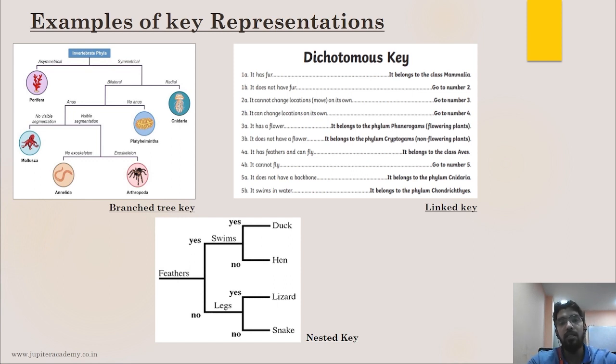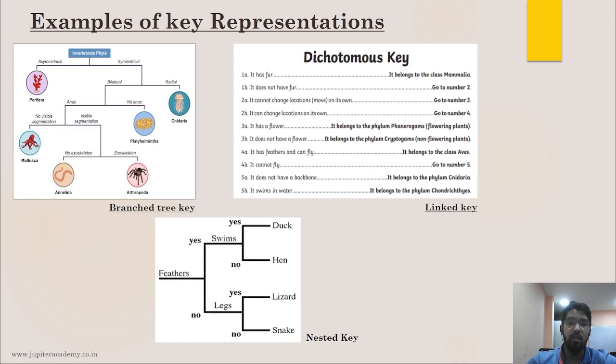The second type of key is the dichotomous key, under which there is a type called the linked key. The linked key is a type of bracketed key. Here the pair of contrasting characters is numbered as 1a and 1b. It either has fur or does not have fur. If it has fur, then it belongs to Mammalia. If it does not have fur, then they ask us to refer to the next pair of contrasting characters, which is